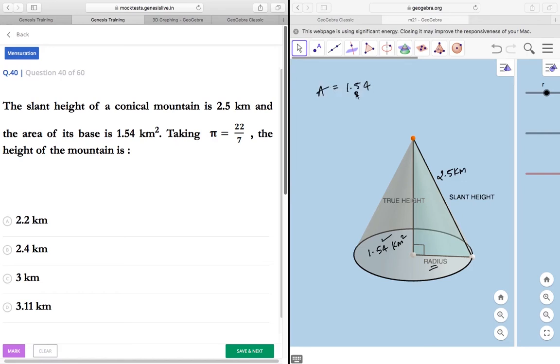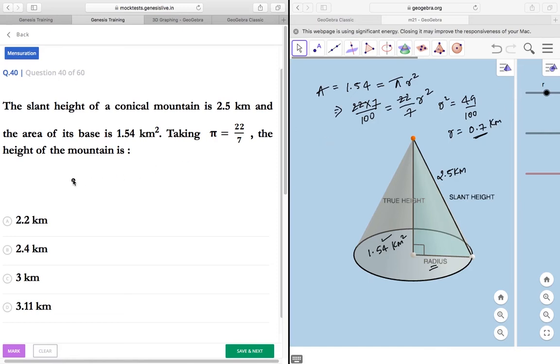1.54, and this is equal to pi r square. So this is 22 by 7, and 154 is 22 into 7. We have already done this. Since it is 1.54, I'll just take it as 22 into 7, divided by 100, r square. So r square will be equal to 49 by 100, or r is equal to how much? 7 by 10, or 0.7. Radius is 0.7 kilometer,